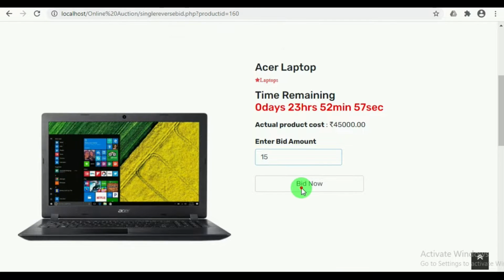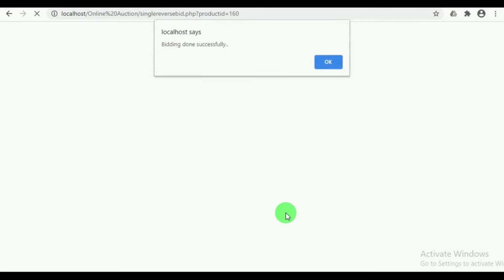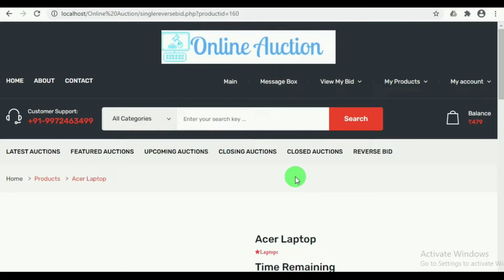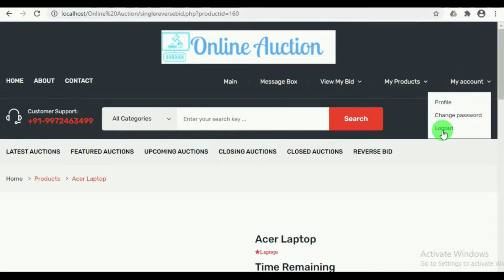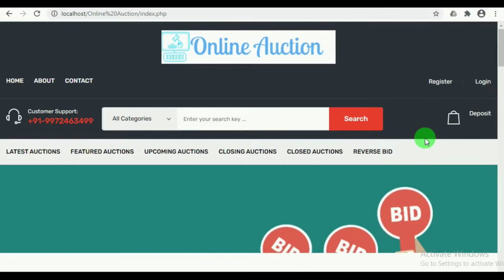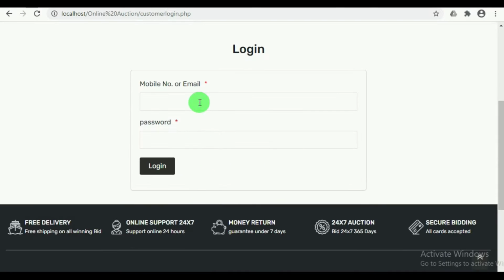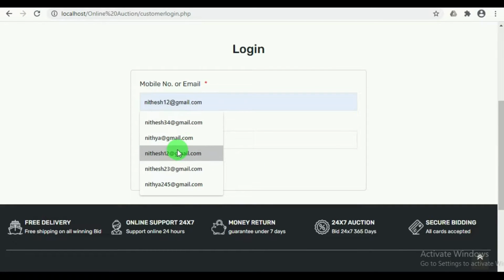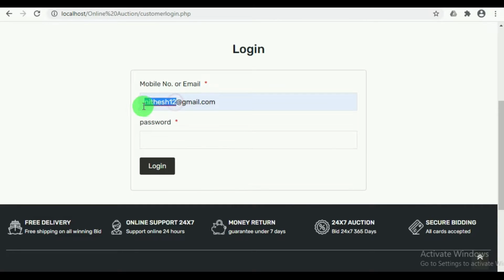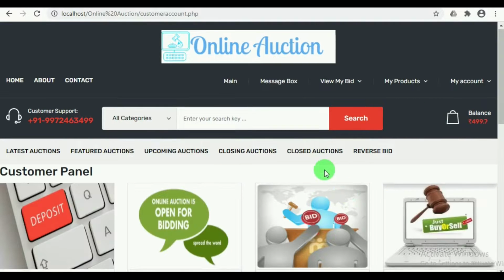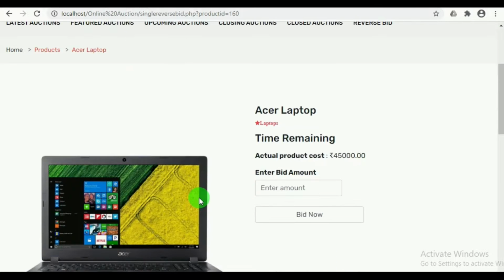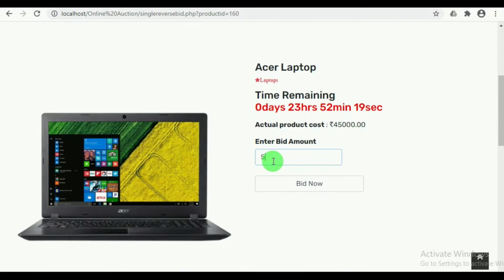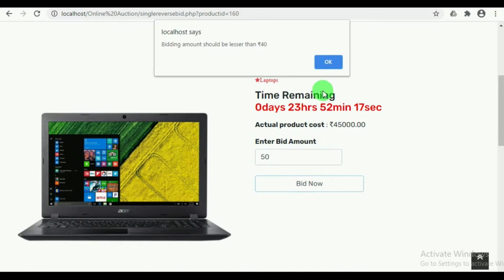The specialty in reverse bid is that the one who bids the less amount and the one who makes the unique bid will win the bid or win the auction. And here the other customers will be unaware of the bidders, that is, what is the amount the other customers or other bidders have bid. The new customer who is going to bid will not be knowing about it. For example, the previous person has bid 15 rupees, but the person who is bidding now is unaware of the amount bid by the previous person.